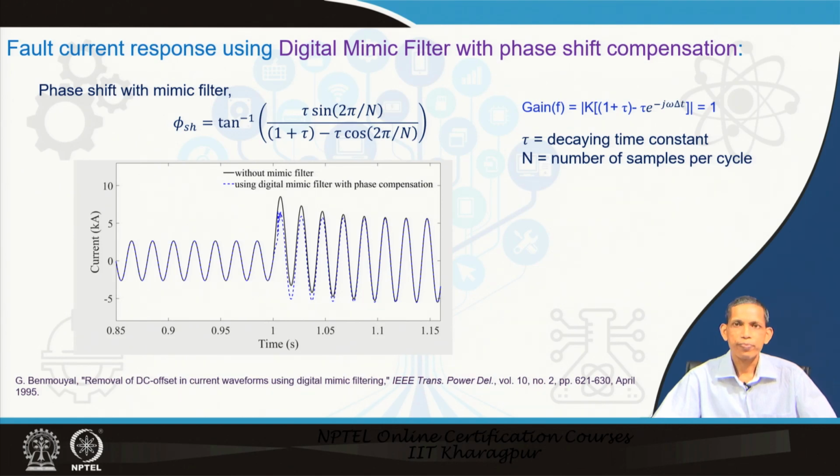Note that such exponentially decaying part we have demonstrated here for the current, but that can also happen in the case of voltage, particularly when using the capacitor voltage transformer. When the fault happens to be close to it, the corresponding output signal contains an exponentially decaying part. So, in that case also we can take such a perspective to overcome the issue and extract the fundamental component successfully.